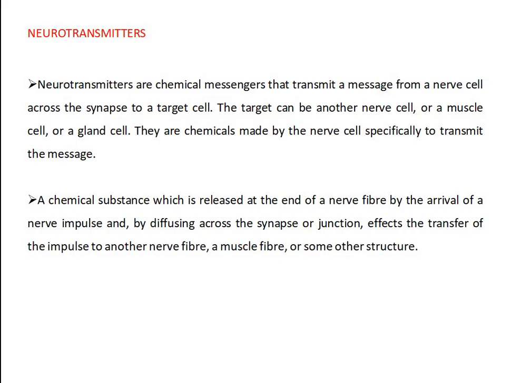They are chemicals made by the nerve cells specifically to transmit messages. The chemical substance is released at the end of nerve fibers by the arrival of a nerve impulse and by diffusing across the synapse or junction